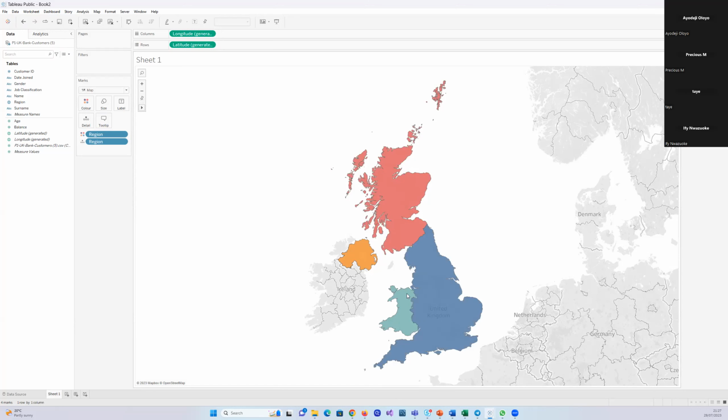So earlier on, before we did the map, we saw the numbers of England, Wales, and Northern Ireland. Now we want to put it in this map. So we just drag these numbers of records and put them to label, and you can see that we have it here. We can format it. By now, we should know how to format. So we want to format these numbers. We want to make it bold and more